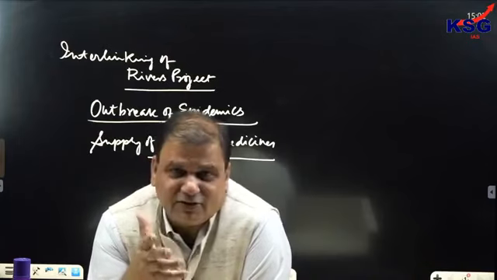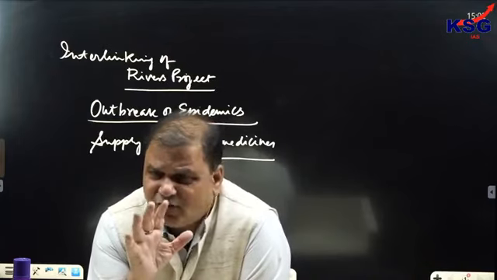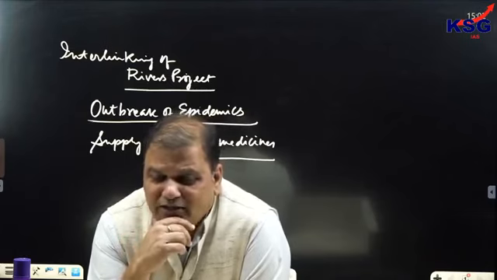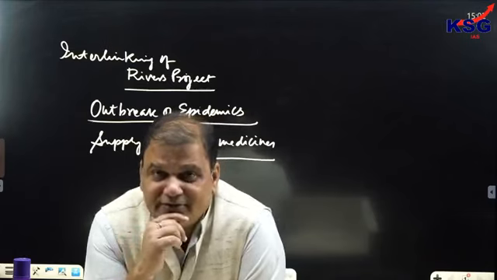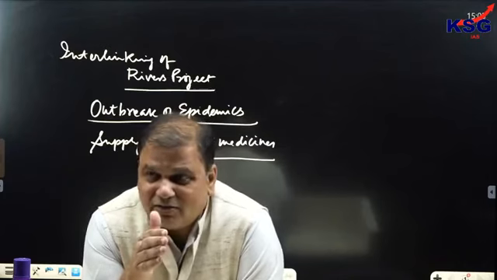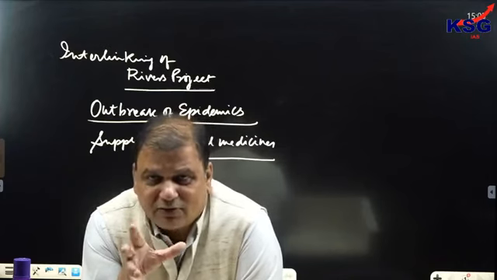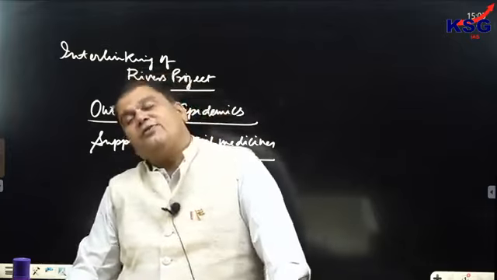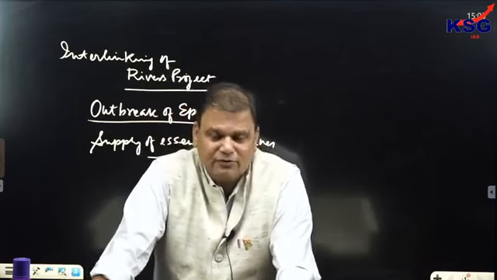And as far as drought management is concerned, there are three types of droughts in India and elsewhere in the world also. One is called hydrological drought. Hydrological drought can occur due to the absence of water sources. Another is called meteorological drought, which can happen due to the absence of rainfall.